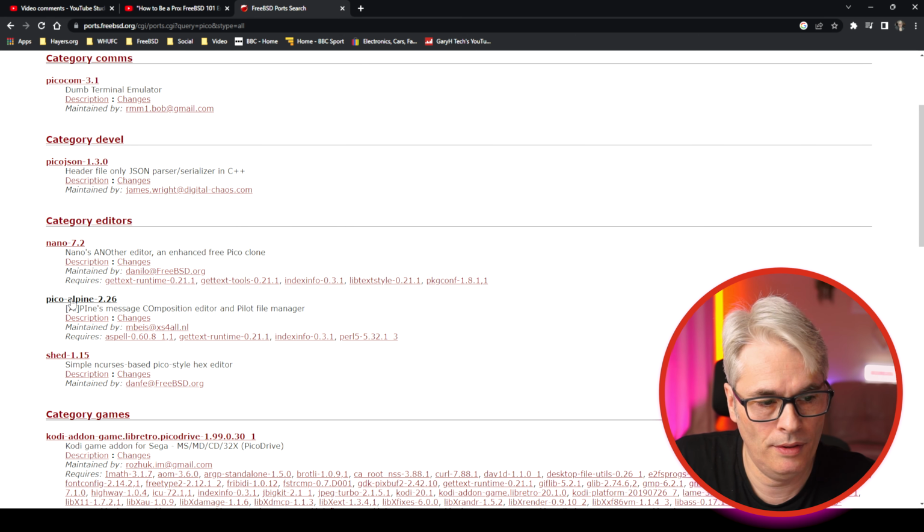Coming from a Windows background, I need to get used to this repository approach to obtain software. Now, it's not the only way that you can obtain software. You can